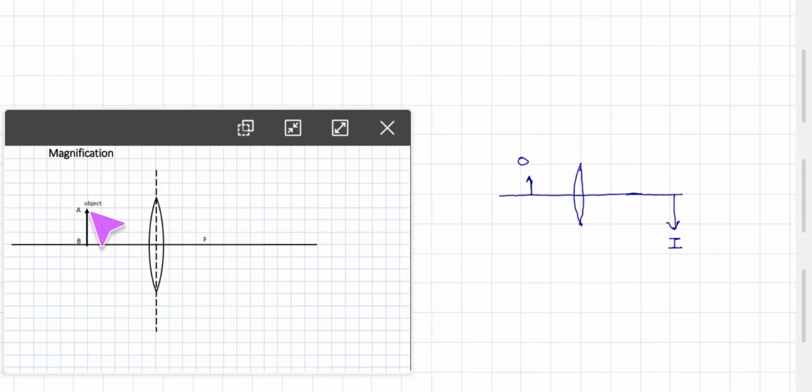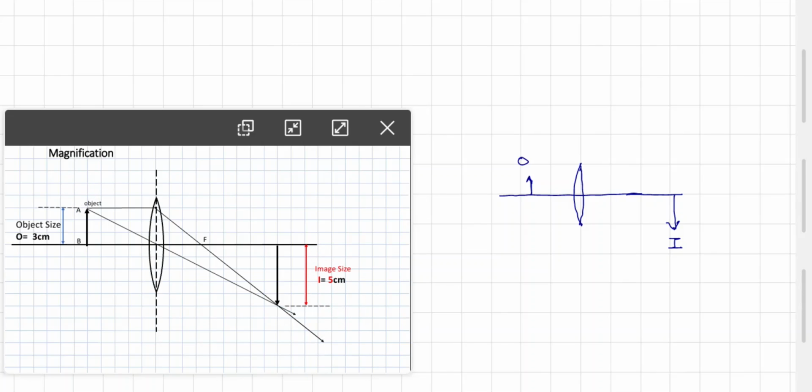When light rays reflect from the object and are incident on the lens, see, this is the size of the object, it is 3 centimeter. When one light ray which is parallel to the optical axis and another passing through the optical center intersect after refraction at this point, image formation is done. So here the image is formed and now we can see this is the size of the image.